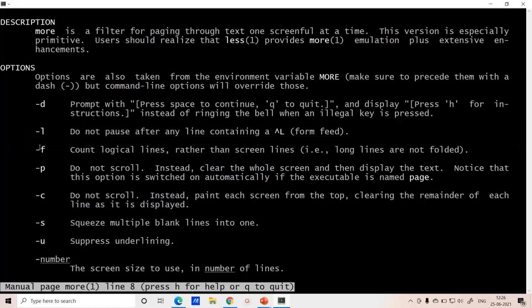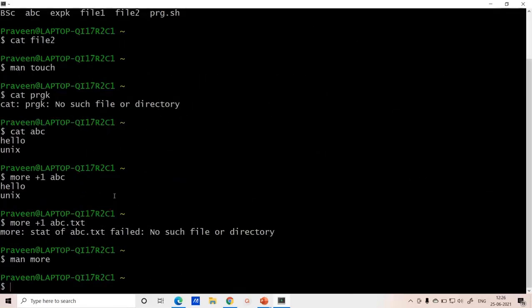Hyphen f counts logical lines, when you want to display only a given number of lines, say three lines or four lines. In that case I'll be using hyphen f. Similarly, if you don't want to scroll, I'll be using -p, -c, do not scroll. These kinds of functions are implemented with the help of the more command.